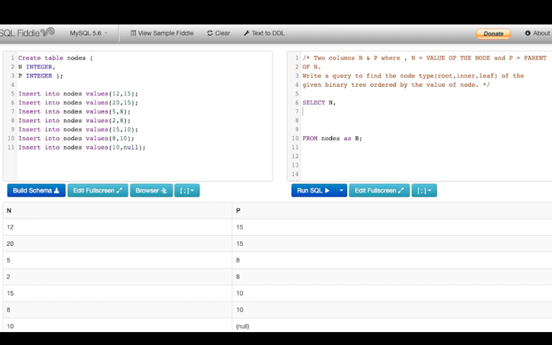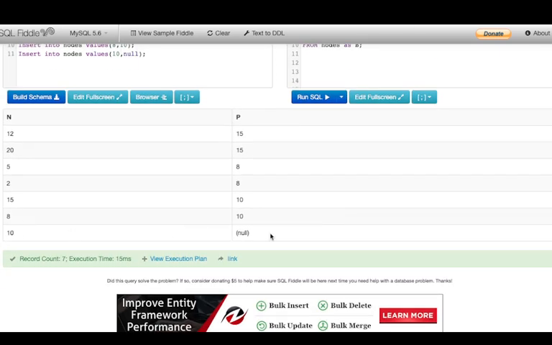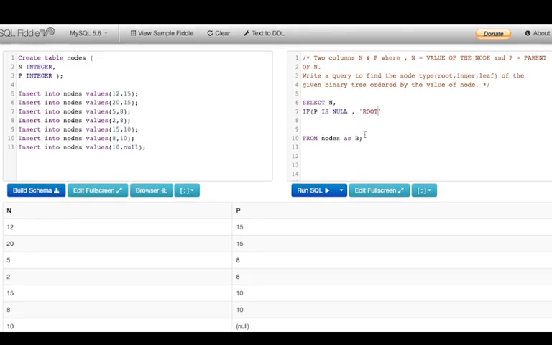What we are going to do is I'll write if, and we'll write if p, the value of p, is null, then obviously it is the root value, because if the parent value is null, that definitely means it's the root of the tree, right? So if you see here, 10 has been given the value null, that means it doesn't have a parent node, that means it itself is the parent node and it is the root. So if p is null, simply print root.